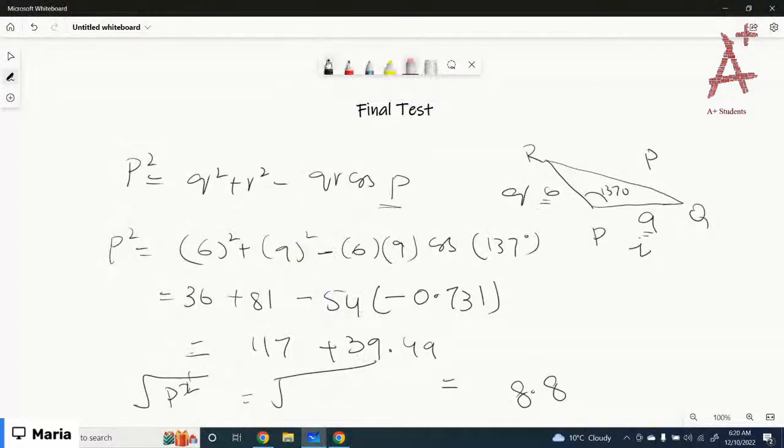Okay, it would be 156.49. Just square root 156.49. It would be 12.5. Got it? Yes, it would be then 14. Got it? You can just check again once. So it would be,